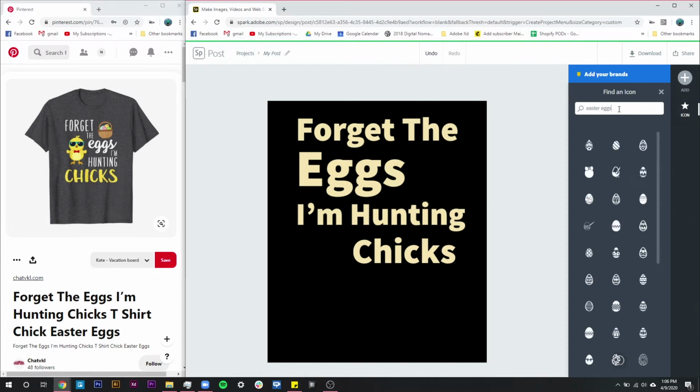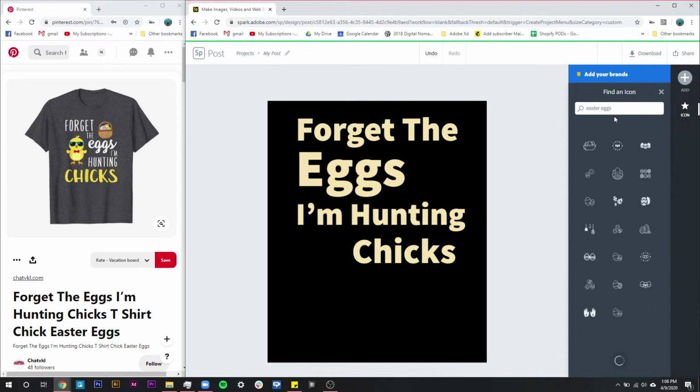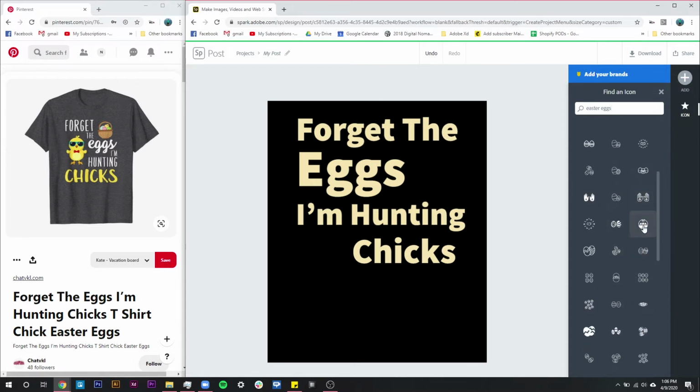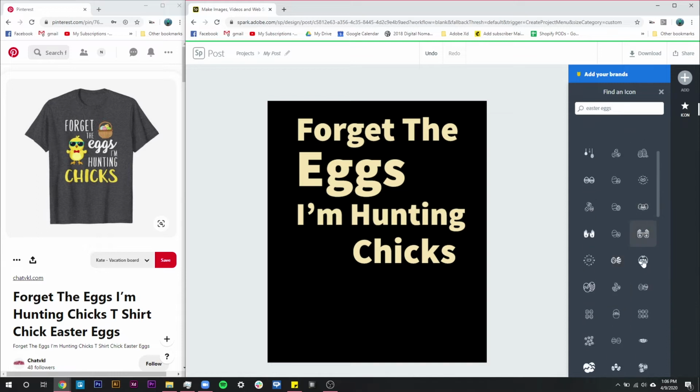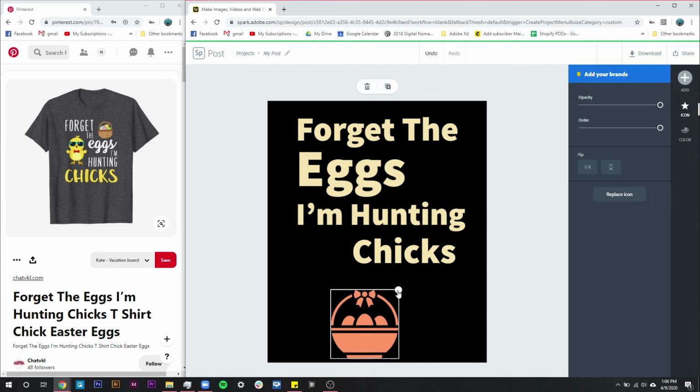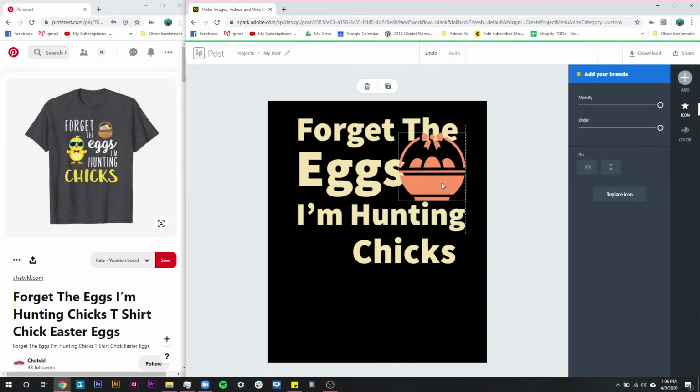Easter egg, maybe eggs will give us a basket. Perfect. So I'm going to be looking for something bold, clean, and simple. If you've been watching the designs, especially these Easter designs, you'll start to notice some of these Easter baskets, but I think this one will do. It's the only one popping up right now. So we'll just go ahead and use this one, and I'm going to put this icon next to the word